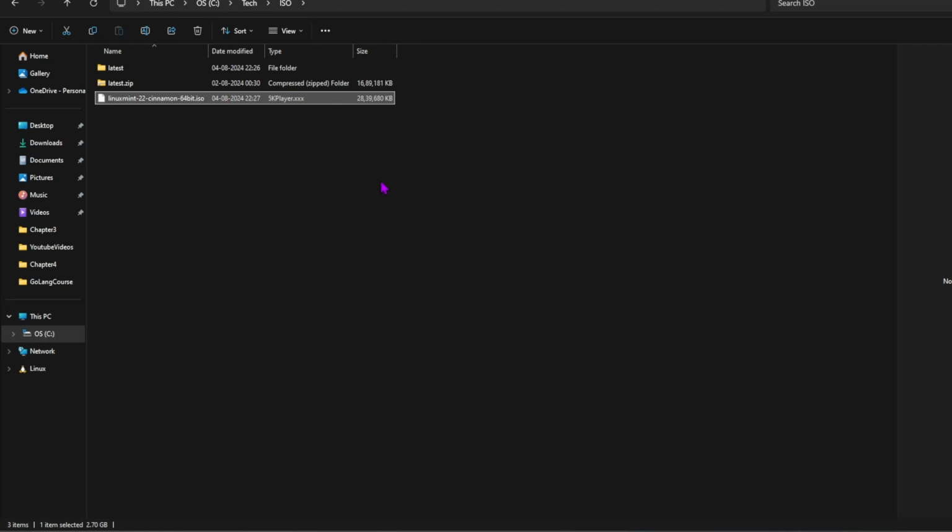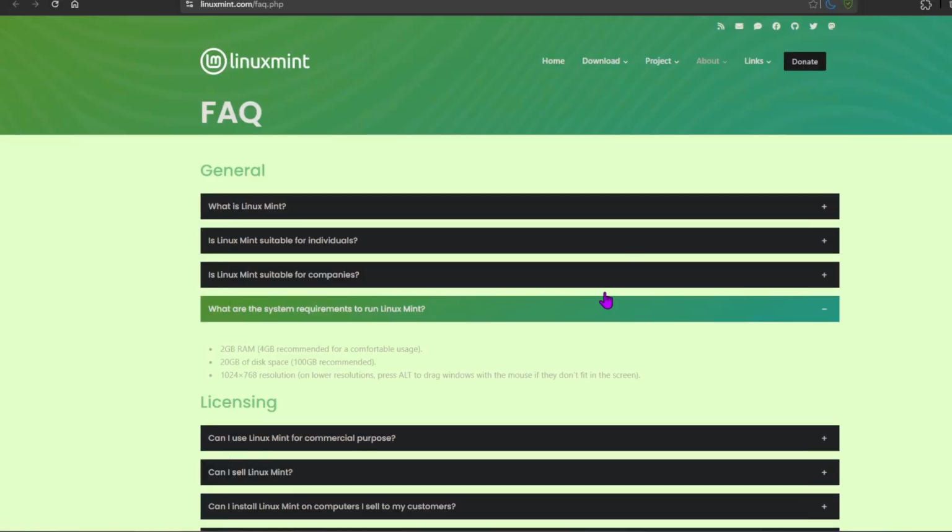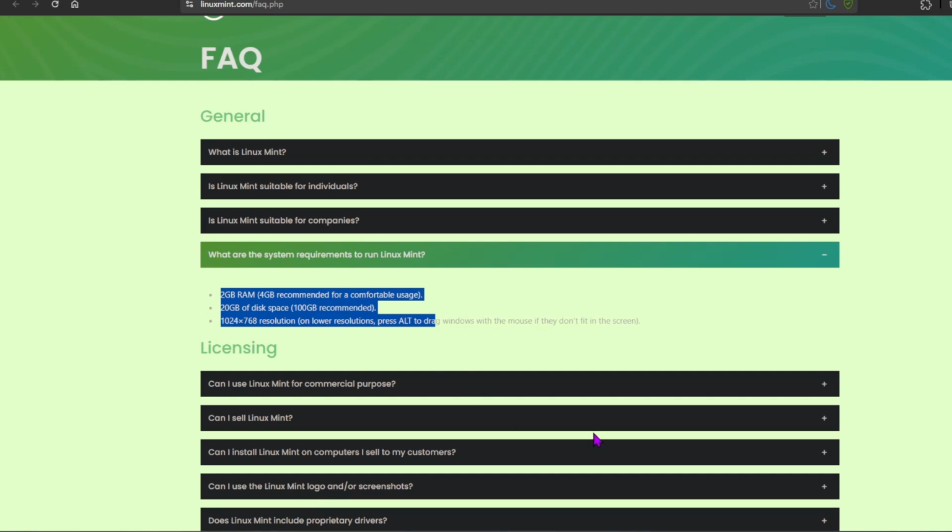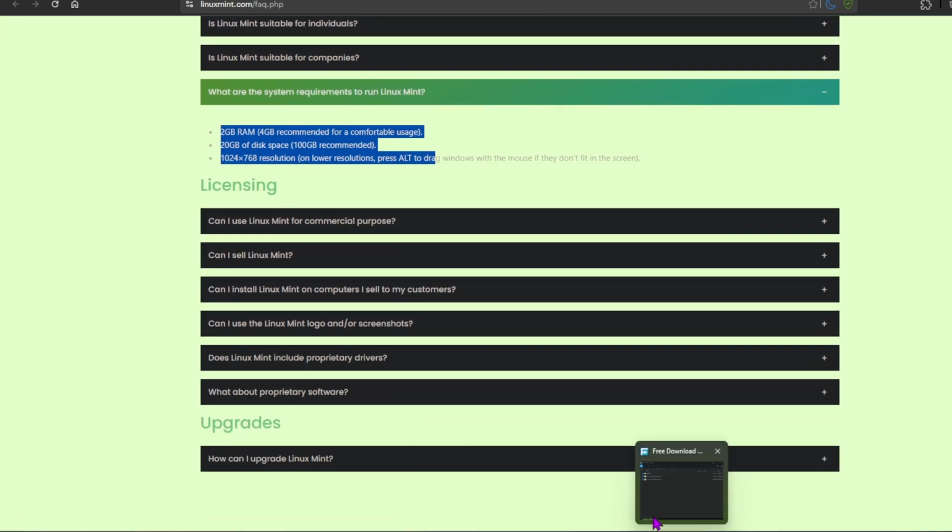Now we can go to the Linux Mint page. So this is the minimum requirement: 2 GB RAM, 4 GB recommended for comfortable use, 20 GB of disk space, 100 GB recommended, and 1024 by 768 resolution. So what we can do here is